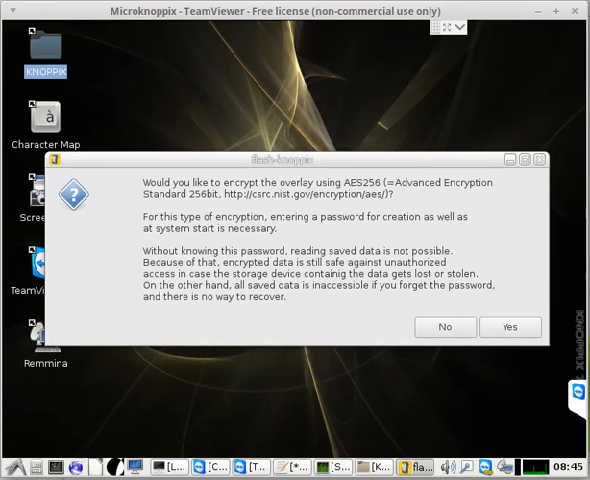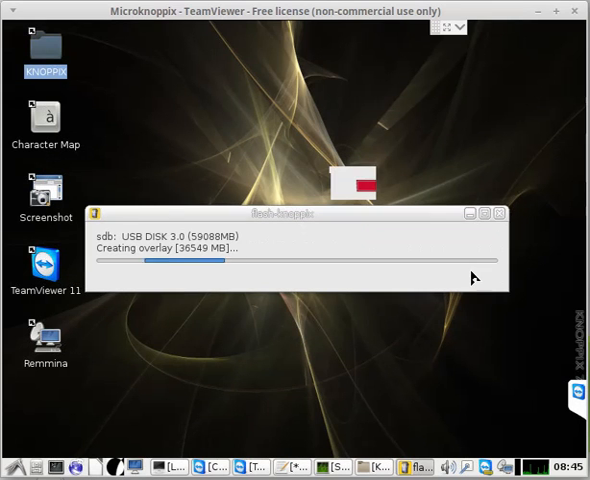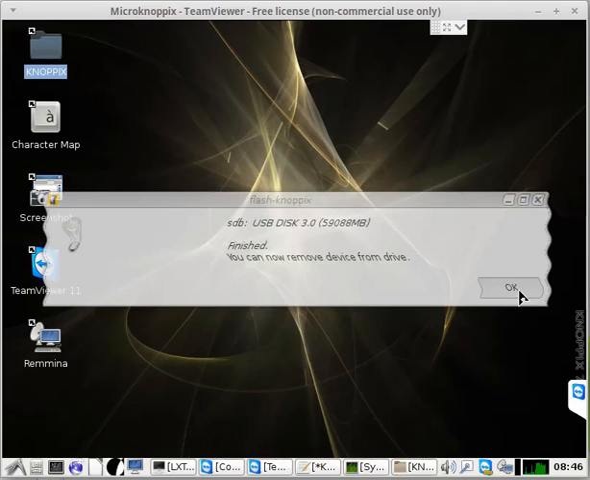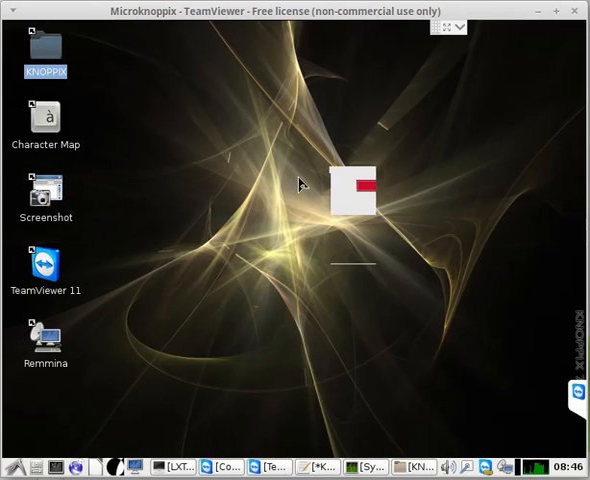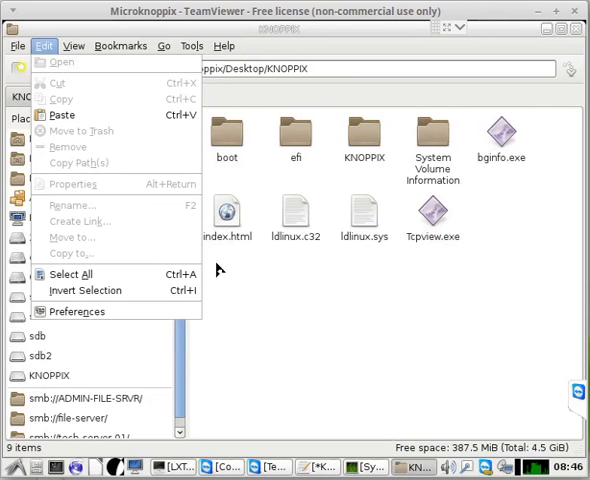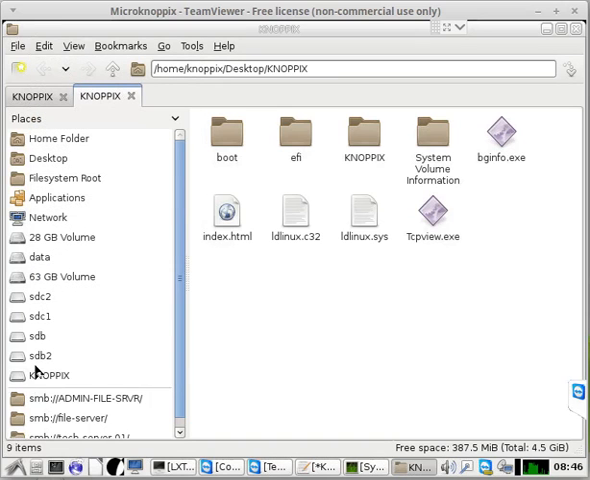When this process of creating the partition and preparing the system and the USB is done, it's now creating the overlay partition. And we're finished. Let's take a look at the newly created USB. So we should find it here. So it's called